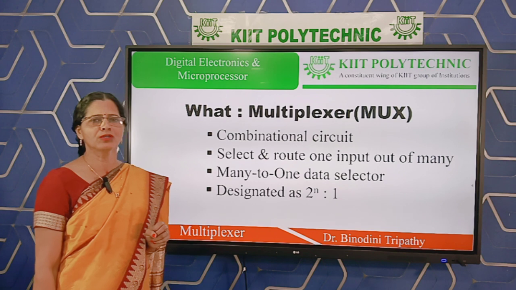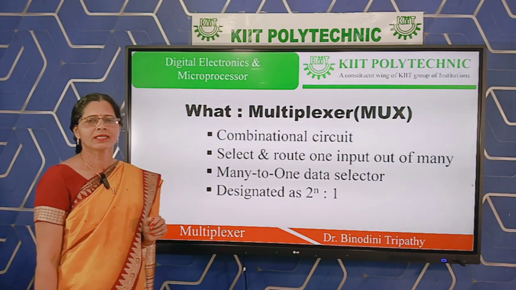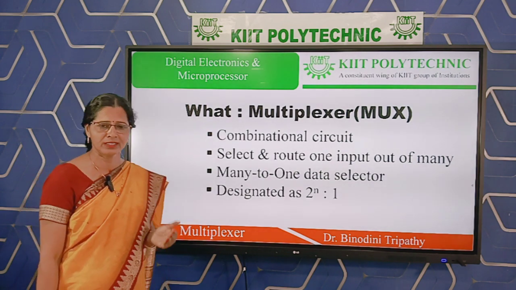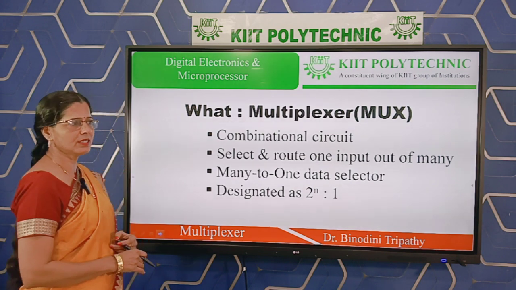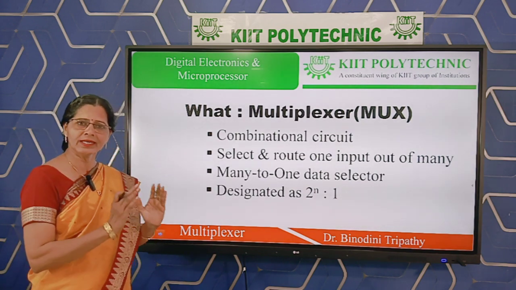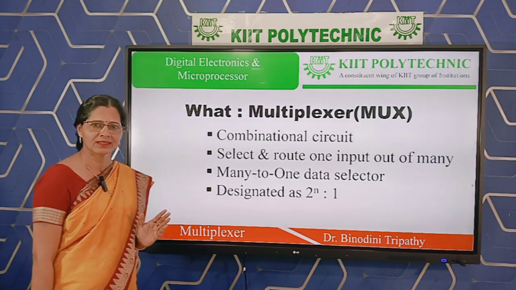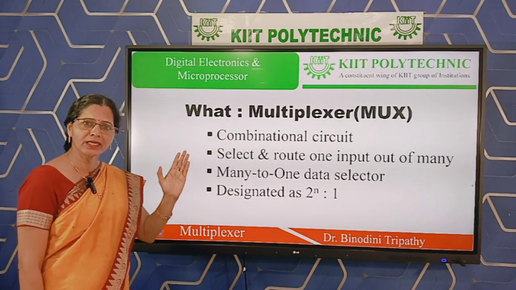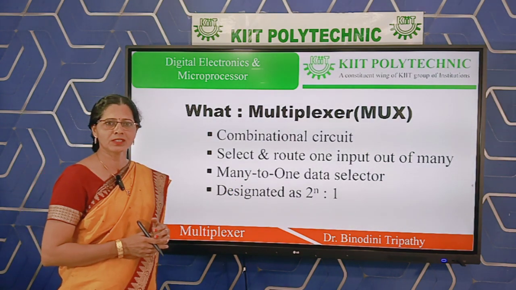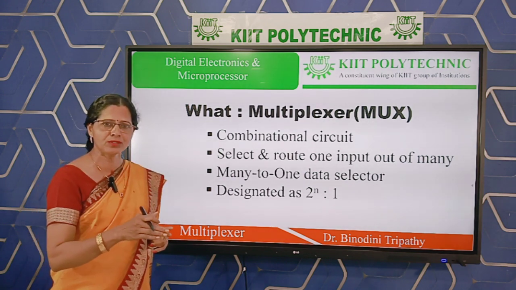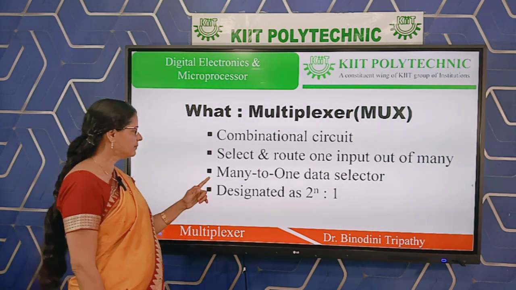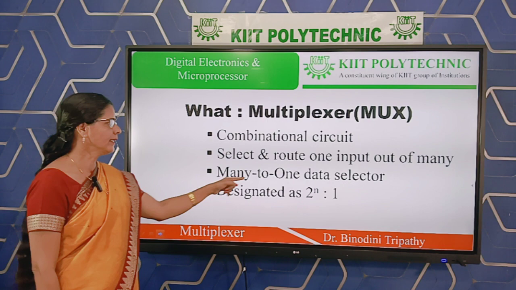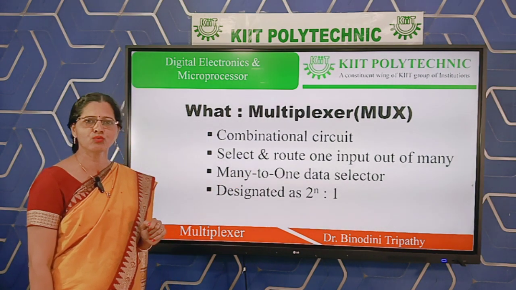So as per your paper, mostly the basic definition is that it can select any one input out of many inputs. We are taking the definition simply in this way. The multiplexer is such a type of combinational circuit that can select any one input out of many. This is the very simple definition. So accordingly, it must have many inputs and one output, because as per the definition, it can select any one input out of many. So another name is many to one data selector. It can be taken as the many to one data selector.